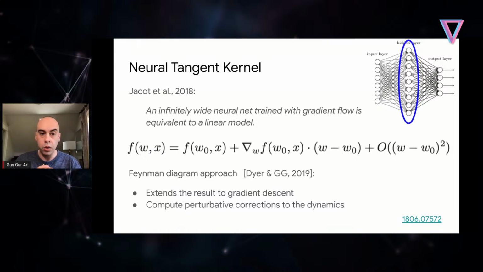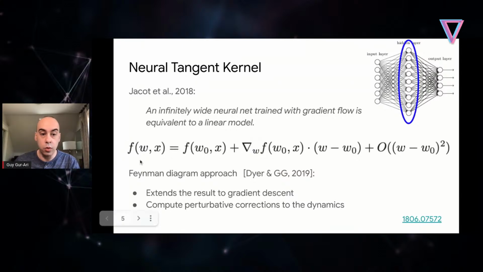And let me give a bit of intuition for why this is the case. I'm not going to show the proof of the theorem, of course, but just to give some intuition for why this comes about. There's a detail which I did not mention, which is the network needs to be properly normalized. The weights need to be properly normalized for this to happen.